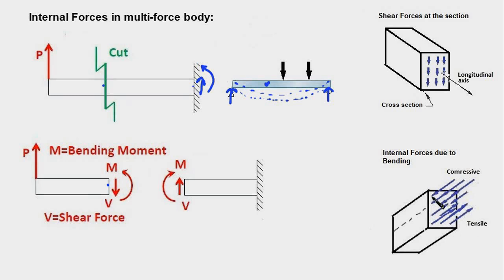You also notice that their magnitude is largest at the upper surface, and as you go downwards there is a part of the cross section where there are no forces, and as you go further down you find that the direction has reversed and they have become tensile. This is so because when the beam gets bent like this,